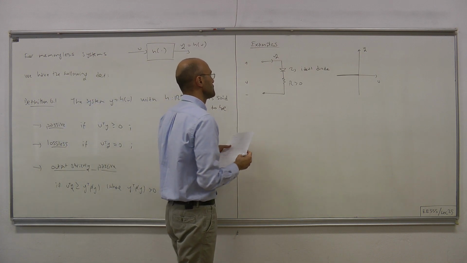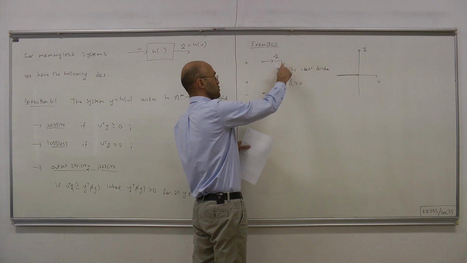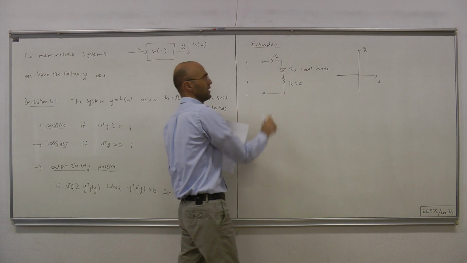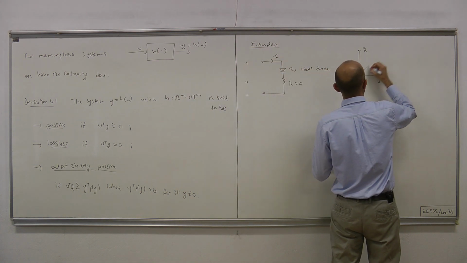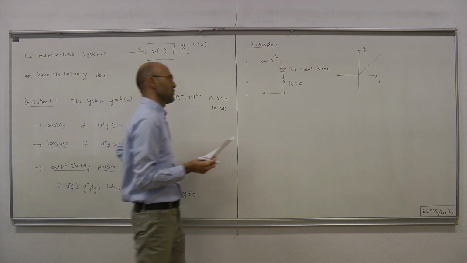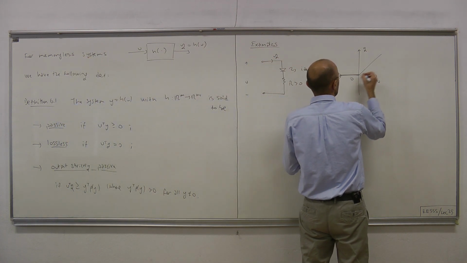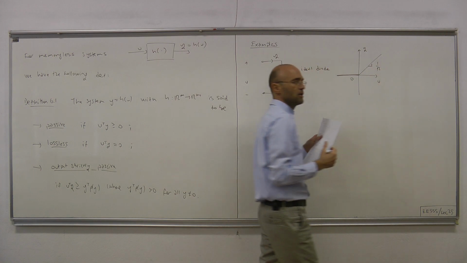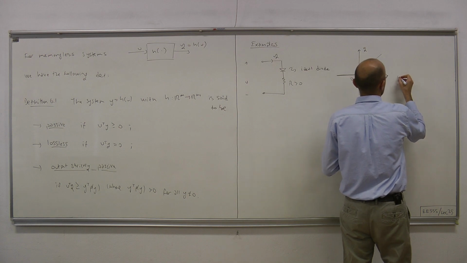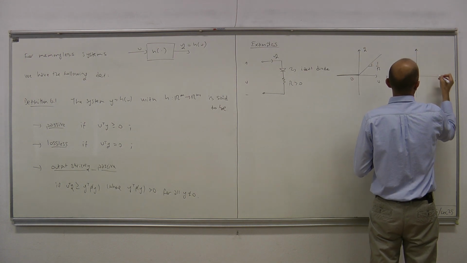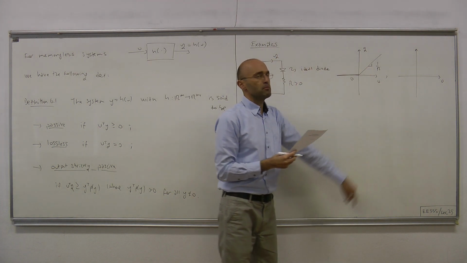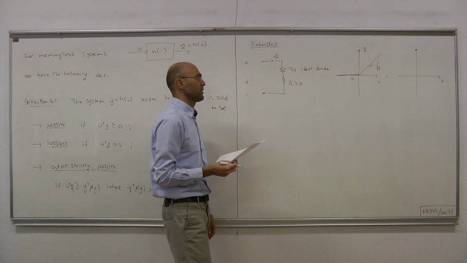For positive voltages this becomes a short circuit, and then we can simply replace it by the resistor only. In that case we're talking about a line segment passing through the origin with slope equal to the conductance of the resistor. And then this current-voltage characteristic